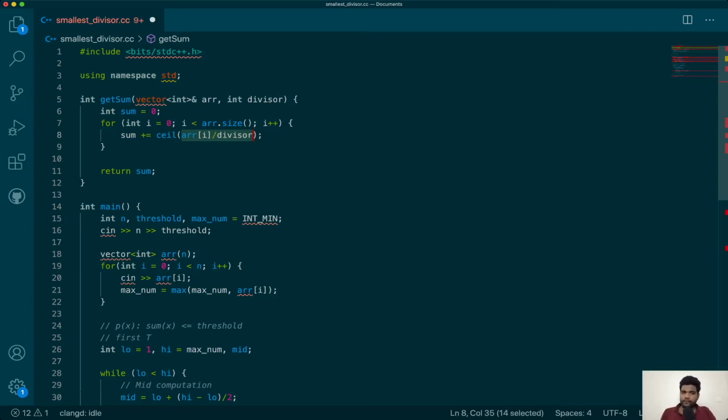For that reason, I will typecast either the numerator or the denominator to a float, so that when I divide a float by an integer, I get a float as the answer. Now 7 by 3 will be read as 7.0 by 3, which will give me 2.333, and when I take the ceiling of it, it will give me a 3.